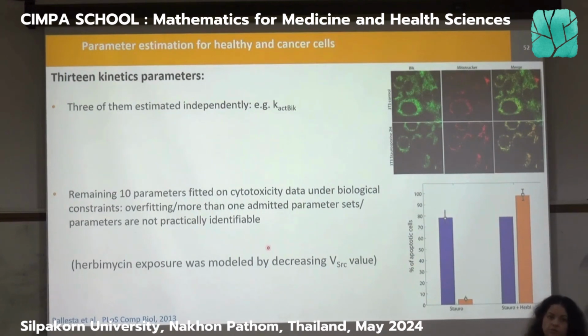This is what you want to do first: reproduce the data you have used for parameter estimation. Then the second step, what you want to do when you can, is to actually use an independent set of data that you have not used for parameter estimation to validate your mathematical model. In that case here, we didn't have enough data to do that. But for instance, it could be a different drug exposure, or a different function, or a different drug combination.